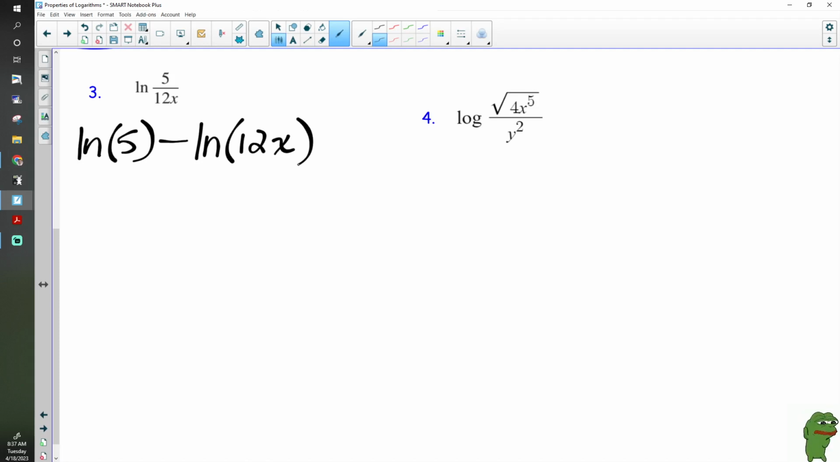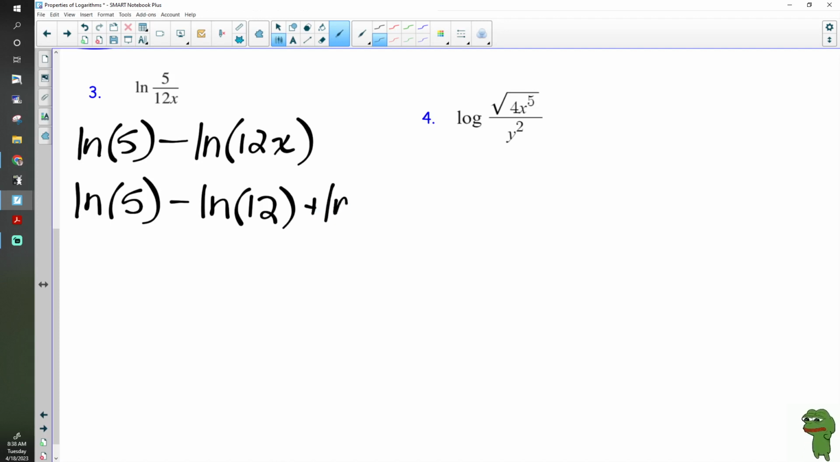Okay, now, ln of 12x. That is a 12 times an x. So they are being multiplied. Because they are being multiplied, we are going to split them up by adding 2 separate logs. Ln of 5 minus the ln of my first term, 12. Because they're being multiplied, am I going to do a plus or a minus? Plus ln of